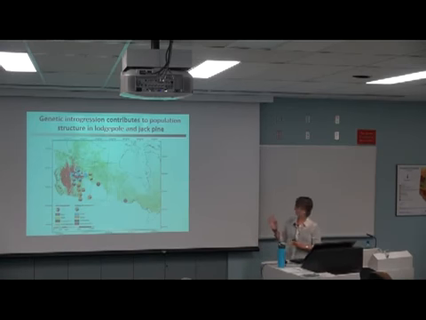And the reason why we think this is different is because we used a lot more markers than had been used in the past. And so what we see then is that part of this genetic structure is due to introgressing genes. So lodgepole pine genes introgressing into jack pine, and jack pine genes introgressing into lodgepole pine. So at least part of this population structure is due to the introgression of the other genes into the other species. And so we see now that this zone of introgression is much larger than many of us would have ever predicted early on.